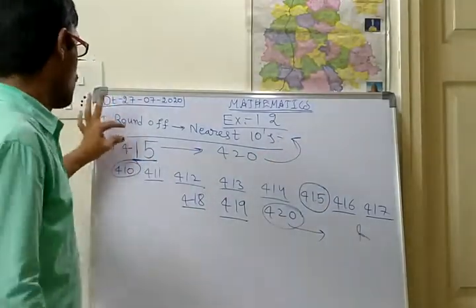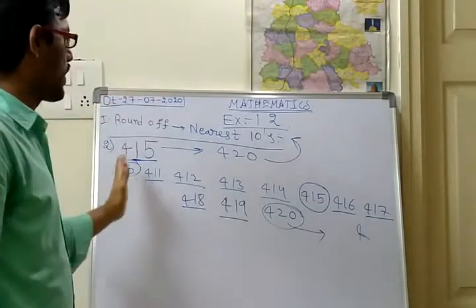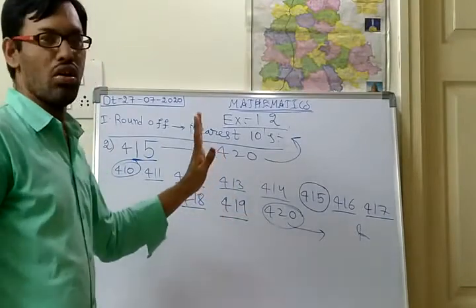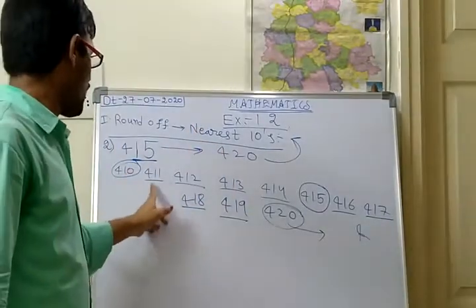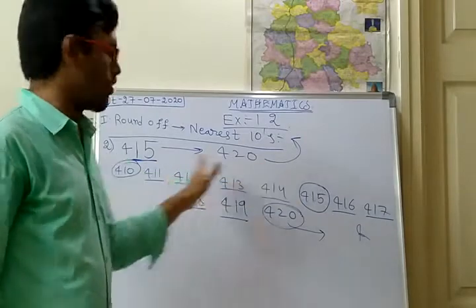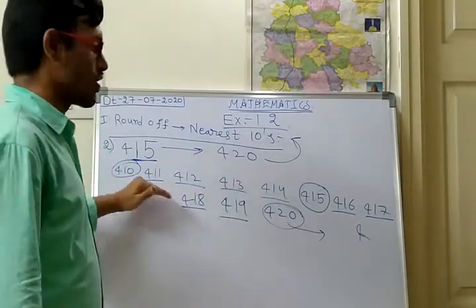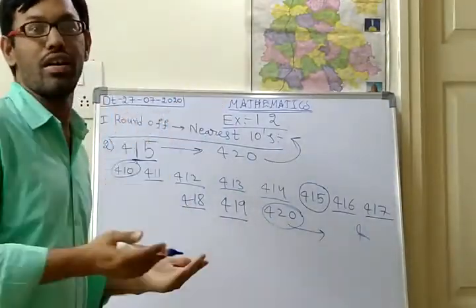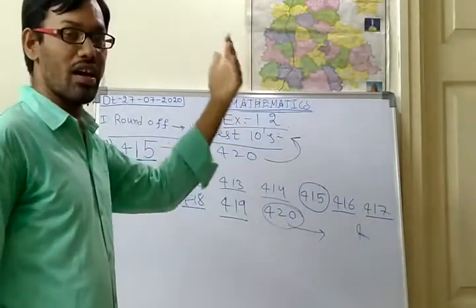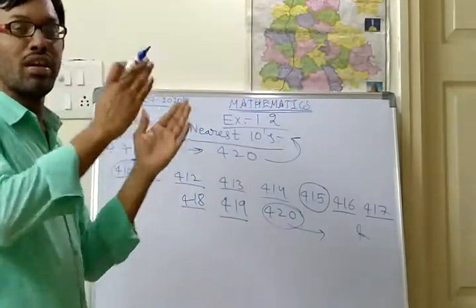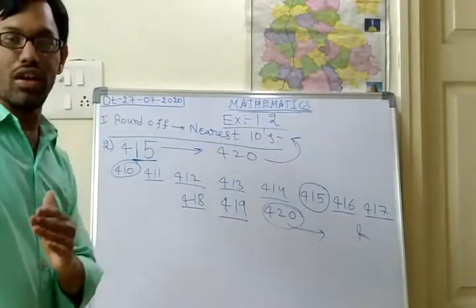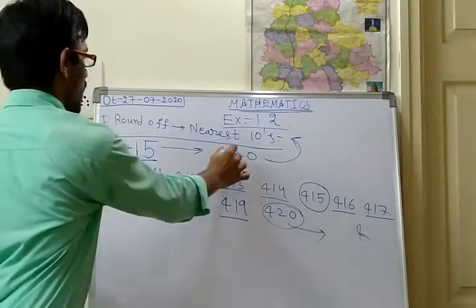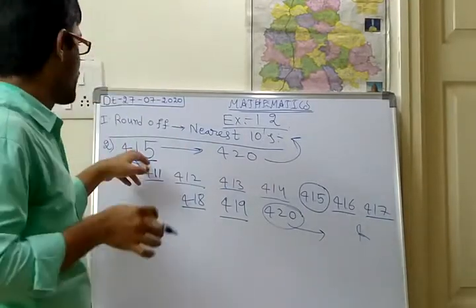Only 2 digits: 15 lies in between 10 and 20, that is, 410 and 420. So like this you have to write these numbers, 410, 411, 412, 413, up to 420. For 10 numbers you are able to write, for 11 numbers you are able to write, but for 100 numbers you can't write. So in the nearest hundreds you should take only the tens, like 410, 420, 430, 440. So here 420 is the answer of nearest tens for this 415.